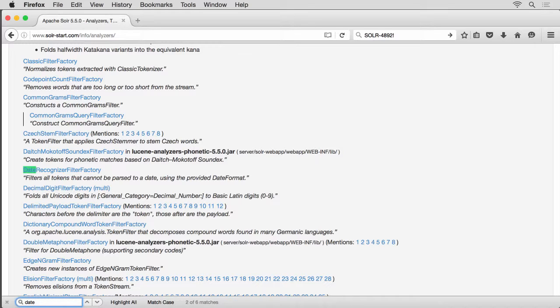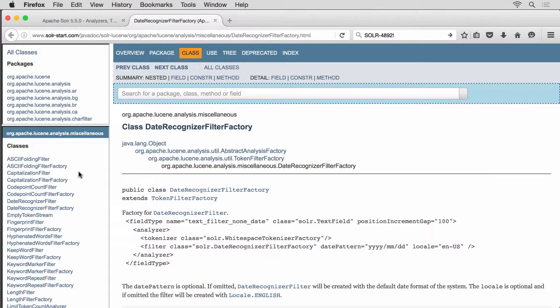There is no mention of it anywhere in the Solar 5.5 examples, unfortunately, but we can go look at the Java doc definition. Okay, we have a good example in the Java docs. But is this a new filter or one that's been around for a while? It's a bit hard to tell, but perhaps a version history will give us a clue.